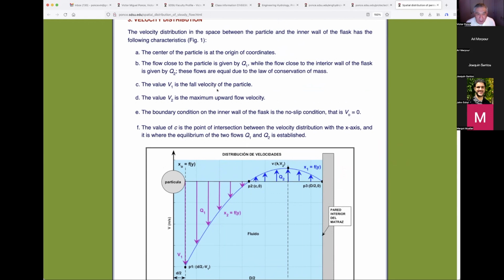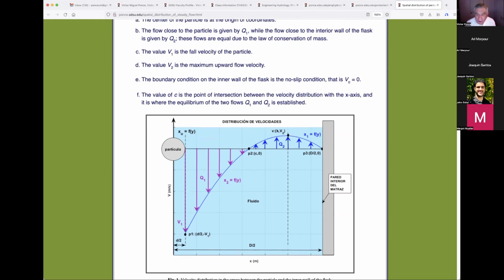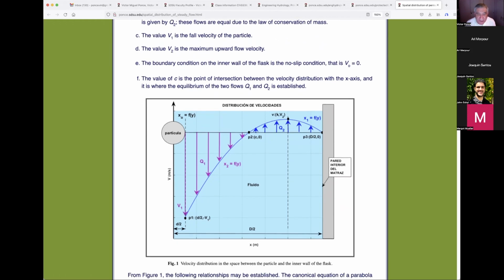The value of V1 is the fall velocity of the particle, right over here, V1. The value of V2 is the maximum upward flow velocity, V2 over here. The boundary condition of the inner wall of the flask is the no-slip condition, V sub 0 equals 0. The value of C is over here, the point of intersection between the velocity distribution with the x-axis, and it is where the equilibrium of the two flows, Q1 and Q2,